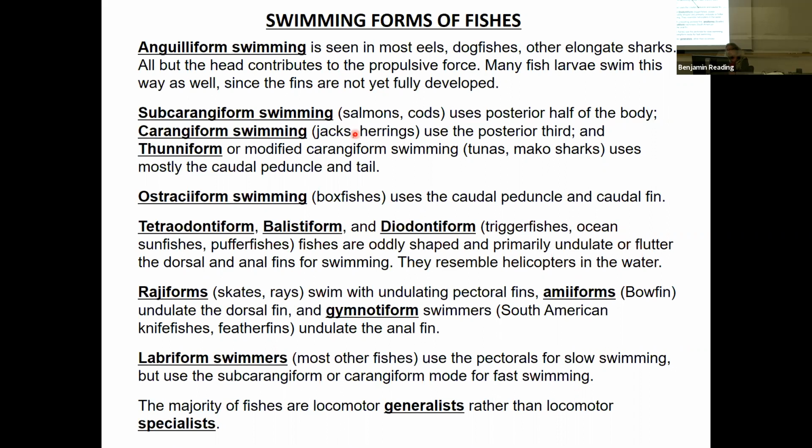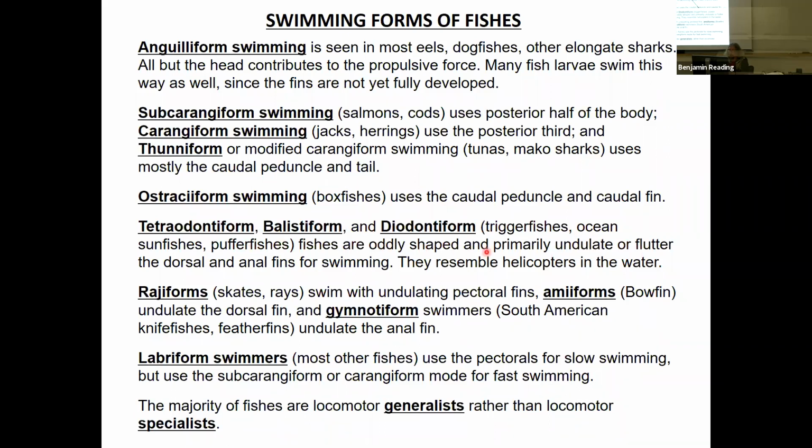Carangiform swimming are things like the jacks and the herrings. They use the posterior third. And then thunniform swimming are the tunas and mako sharks, use mostly the caudal peduncle and tail, the caudal fin. Ostraciiform swimming are the boxfishes. They use the caudal peduncle and caudal fin. And then tetraodontiform, balistiform, diodontiform, the triggerfishes, the ocean sunfishes, and the pufferfishes use these oddly shaped dorsal and anal